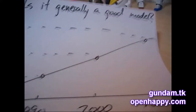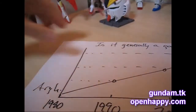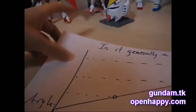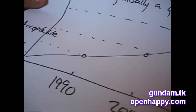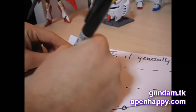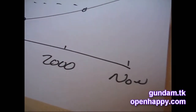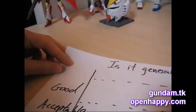I've also prepared here a complex graph broken down into decades. Basically, if you build a kit from 1980 to 1990, it's going to be ARG. You're going to hate it, you will want to throw that garbage out, and you probably will never want to build something else. 1990 to 2000, I'm going to call that acceptable. Because if you love Gundam Wing, well, guess what? You don't have a lot of choices except buying those old High Grade 1/100th kits. And once we get into 2000 to now, I'm going to call these good, because there's not a lot of bad kits made after 2000, especially in the Master Grade and HGUC lines. But if you go all the way up to 2000, what are you going to call these kits? Well, you're going to call them...